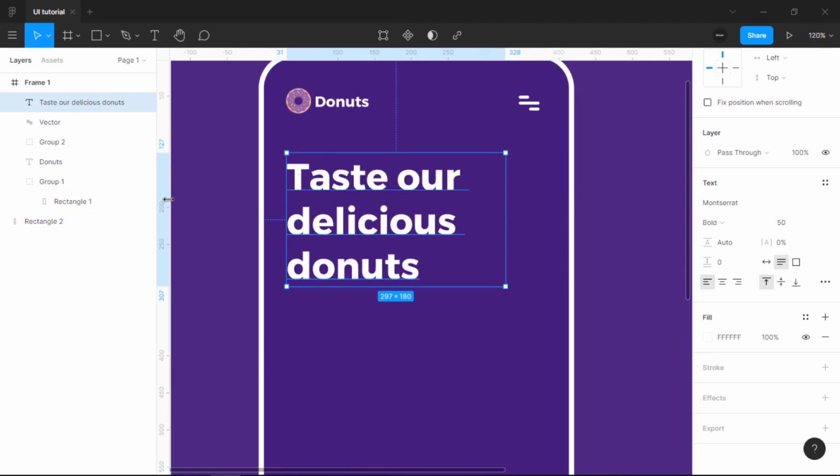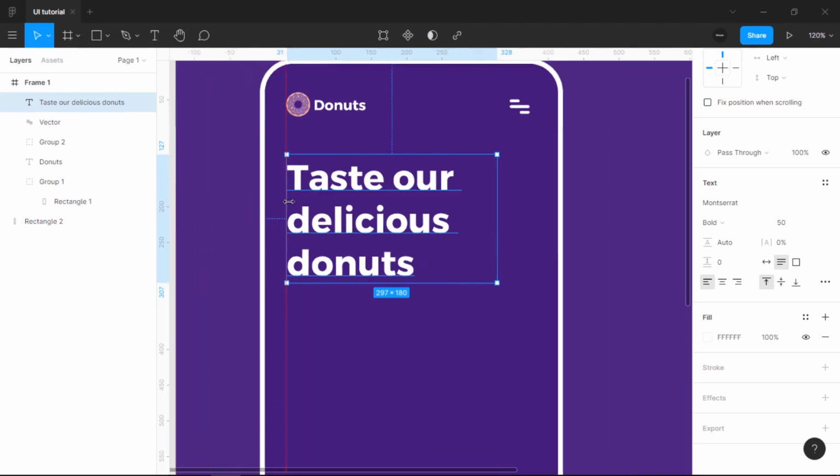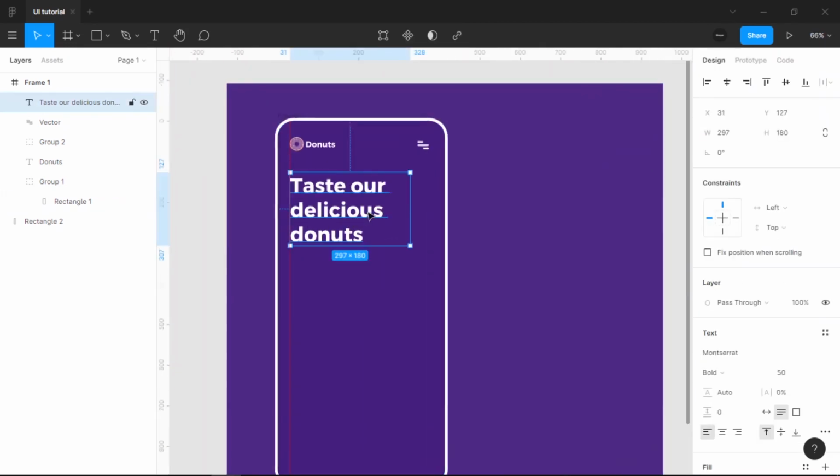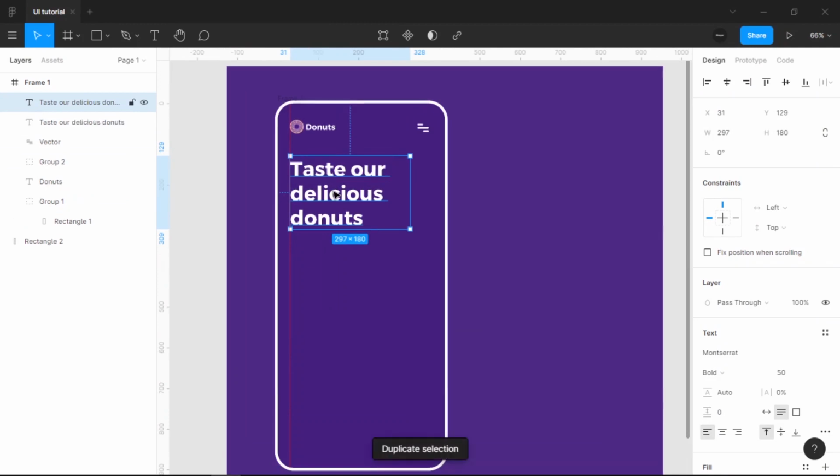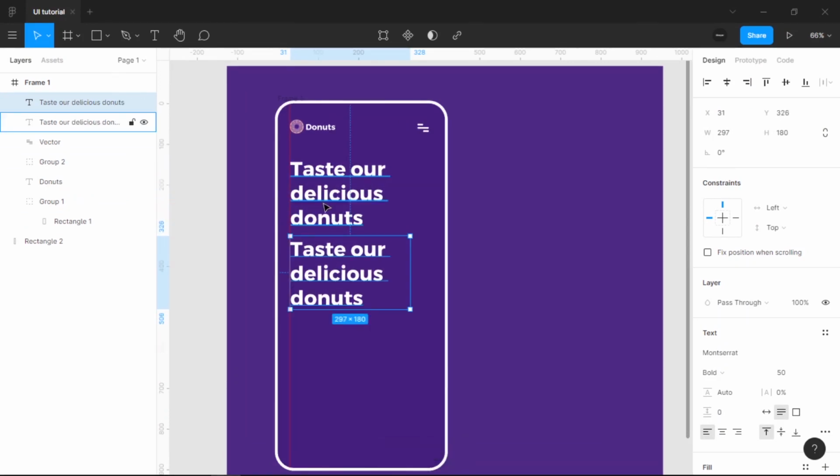You can align by dragging a new line, and then we put like 60 from the top, and then we make a subtitle, Shift to put below, and then